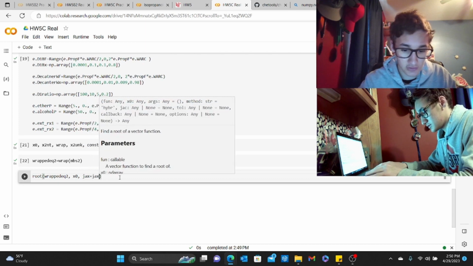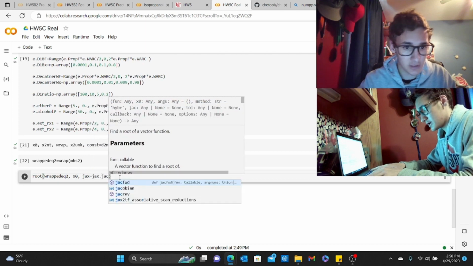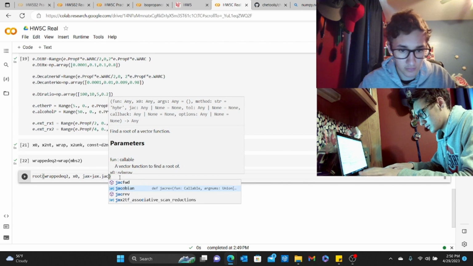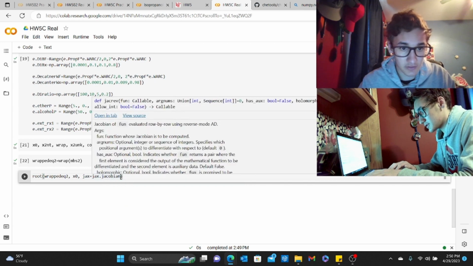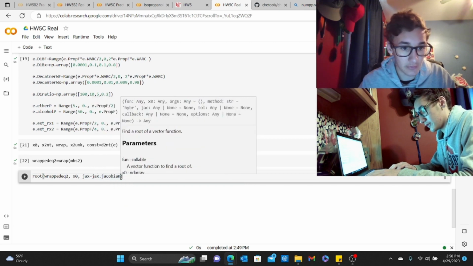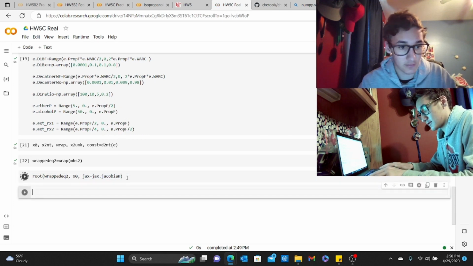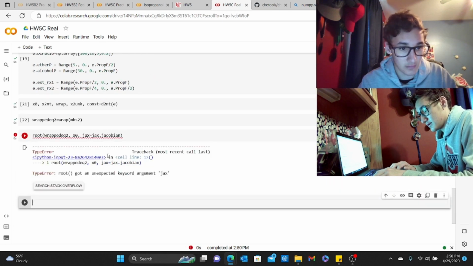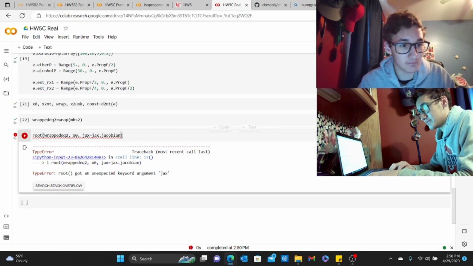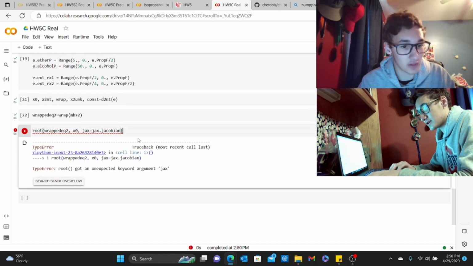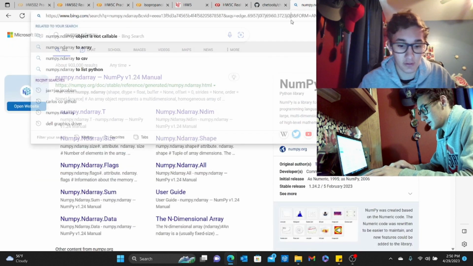equals Jax.Jacobian. I'm not sure if there's anything else I need to add to that, though. That's what scares me. Yeah, so I believe there's a method I need to type here, but I'm kind of lost on what it is. So let's look up